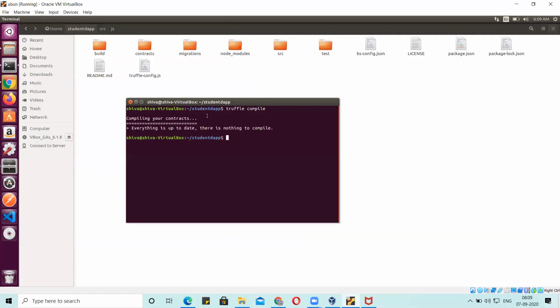If there is no change in the contract, there will be the same build compile version. Okay, now next, simple: truffle migrate --network